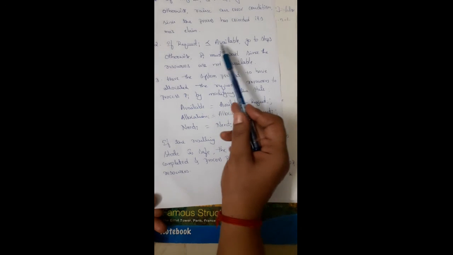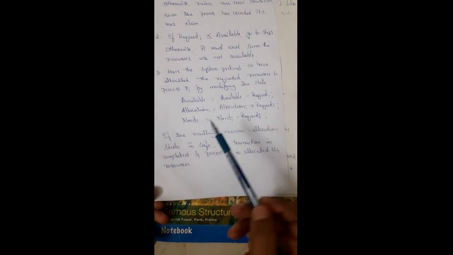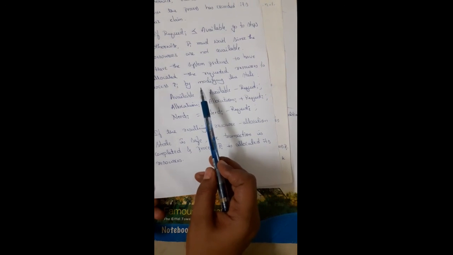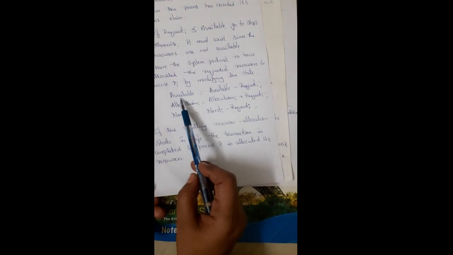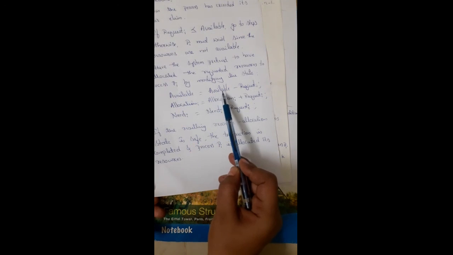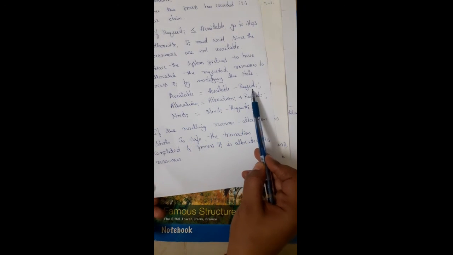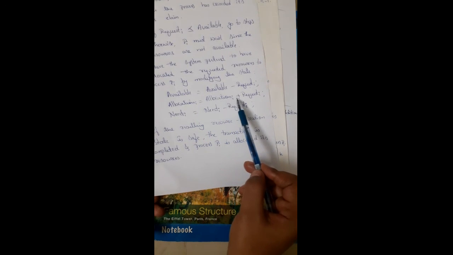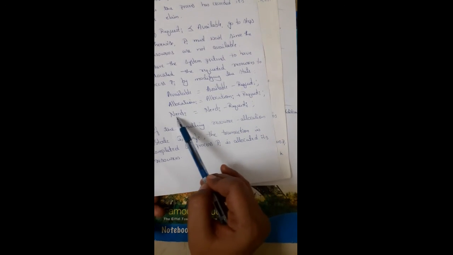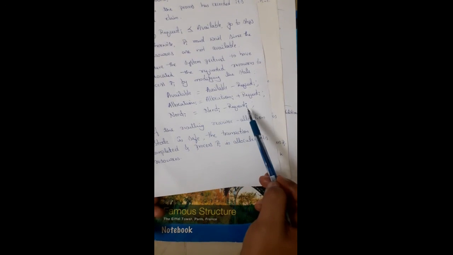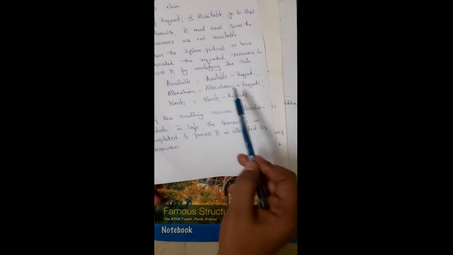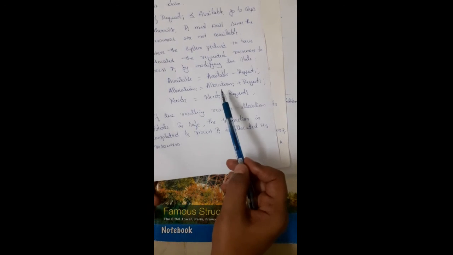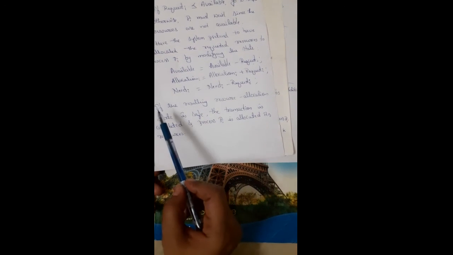So if this holds good, then this will take place. What is done here? We have to modify the state. What are those? Available is equal to available minus request i. Allocation i is equal to allocation i plus request i. Need i is equal to need i minus request i. So these are the changes we have to make in the given data if an additional request is made.